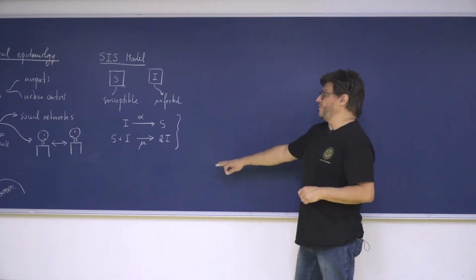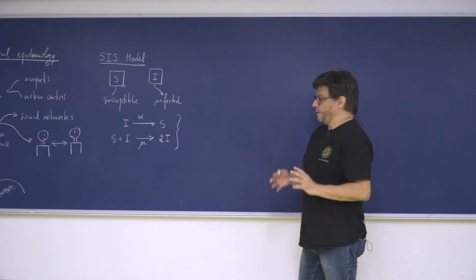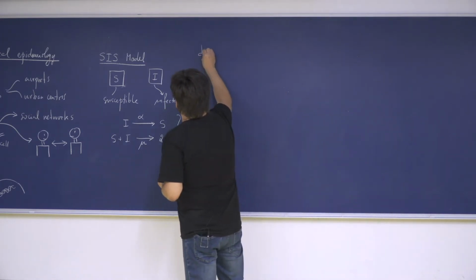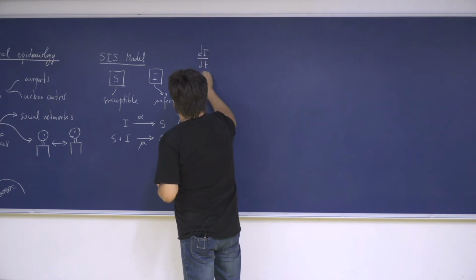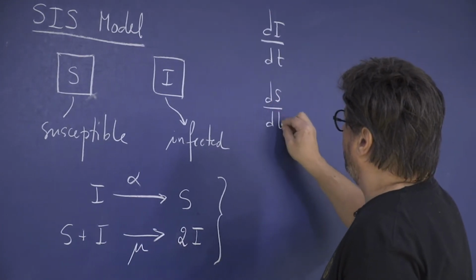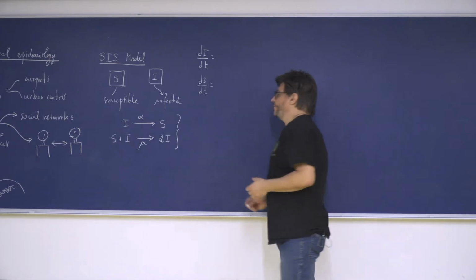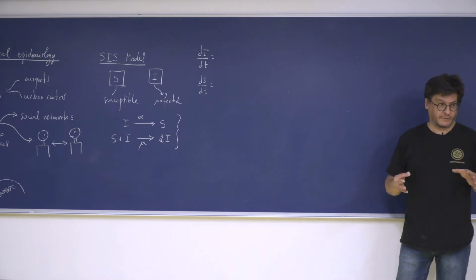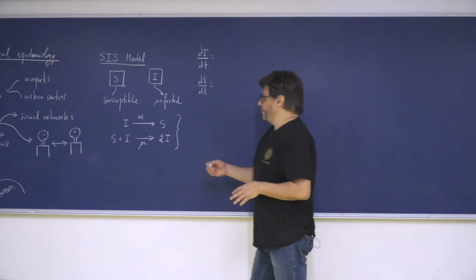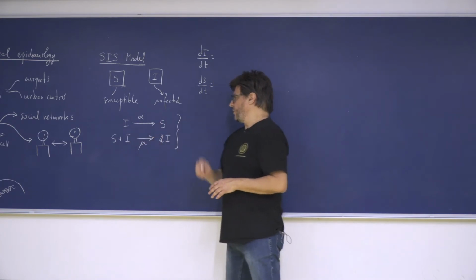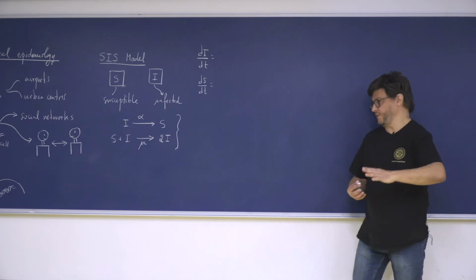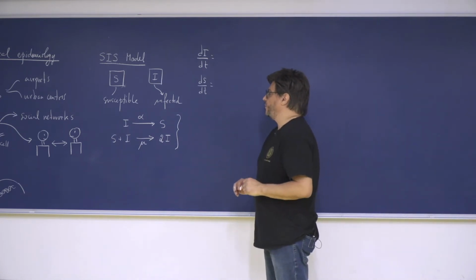So if we limit ourselves to that, we'll see that several really interesting things happen. So how can I make a model of that? Well, I need a model for infected and for susceptible. Another assumption I'm going to make is that the total population is constant. So the number of infected plus susceptible is not going to change over time. Nobody dies here. Nobody immigrates. So it remains constant.